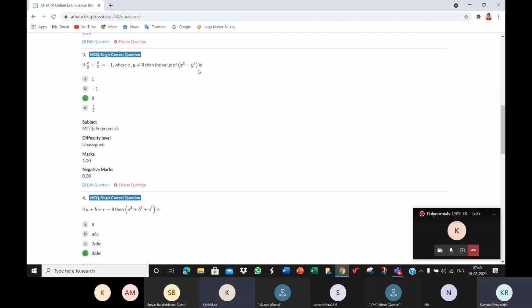Ma'am, we have to substitute the value. Yeah, we have to substitute the value. So it will be x minus y into 0 because the value of x square plus y square plus xy is 0. So it will be x minus y into 0, which is 0. So the value of x cubed minus y cubed is 0. It's not always 0. Given this condition,